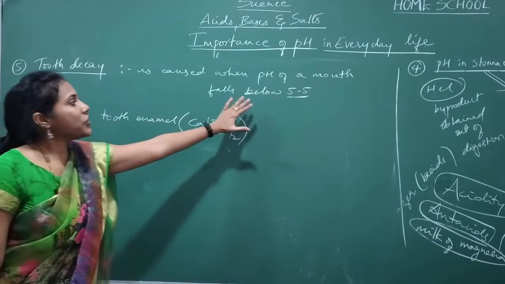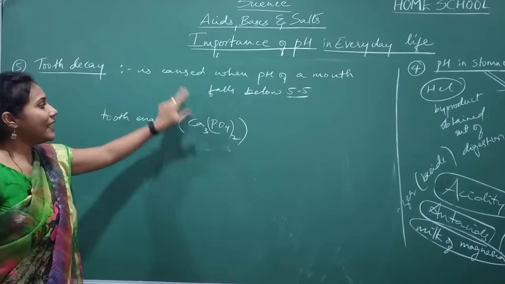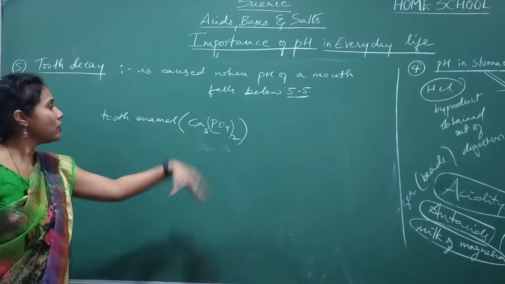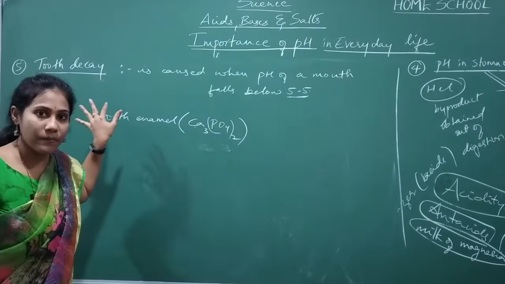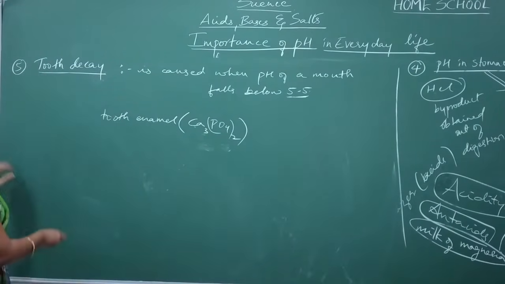So when the pH is decreased because of acid, that acid will be dissolving this calcium phosphate. Once this enamel goes out, then definitely you will observe tooth decay. It will become more intense when this goes off. Okay, fine. And next,